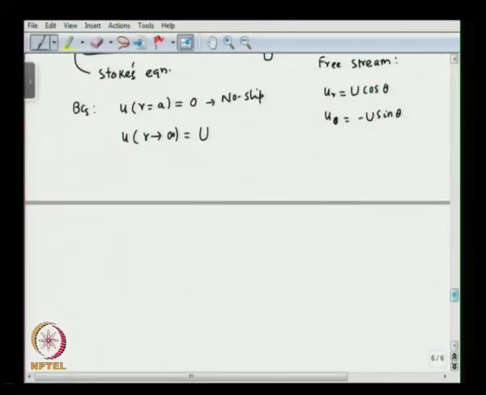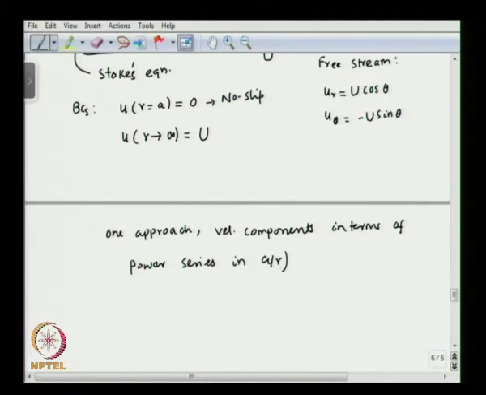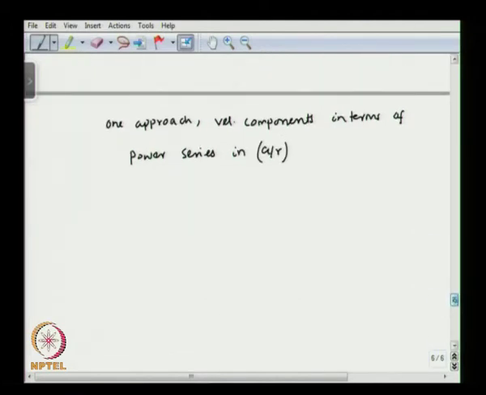One approach would be to expand the velocity in terms of the ratio between the radius of the circle divided by the radial coordinate. Okay. So, one approach is to expand the velocity components in terms of a power series in A over R. So, we can write down the velocity solutions